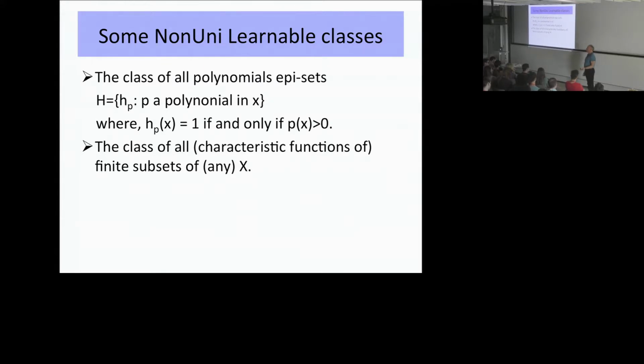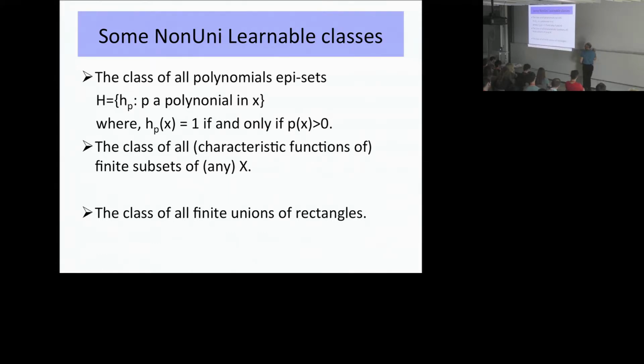Similar idea, limit the number of points. So let HD be the class of all functions that give 1 to at most D points. Then I'll take a union of all these, and I'll get all possible finite functions. So again, this is non-uniformly learnable, and also the class of all finite unions of rectangles. So you can say, maybe it's not inconceivable that if I try to figure out what is a good characterization of